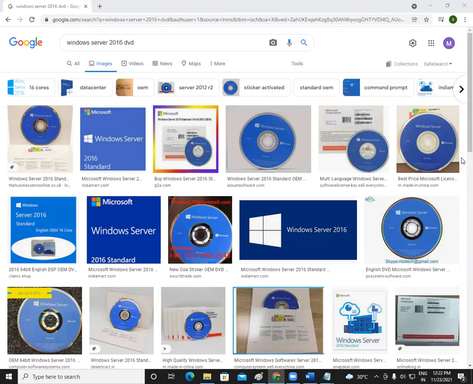Suppose Windows 10 is already there and now you want to install Windows Server also in the same machine. That is possible. But the first operating system is already in C drive, so can I install the second operating system again in C drive? No. The second operating system I need to install in D drive. But the first operating system is mandatory to install in C.